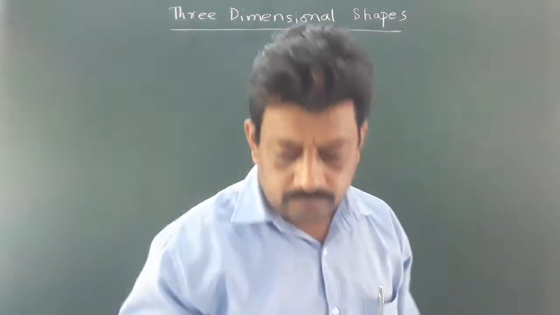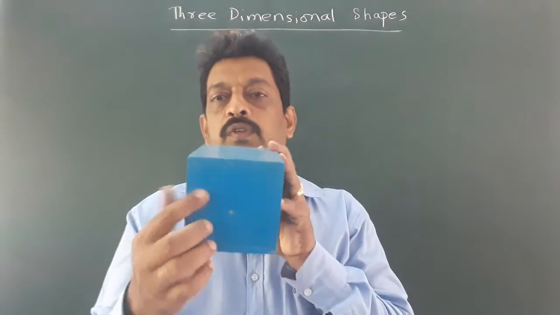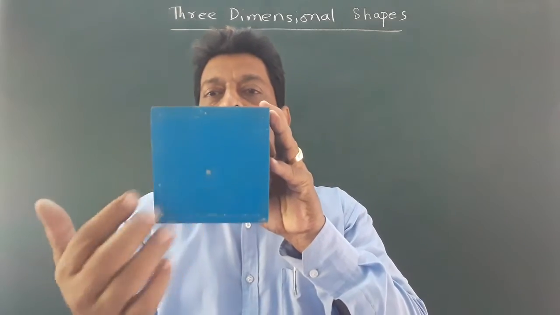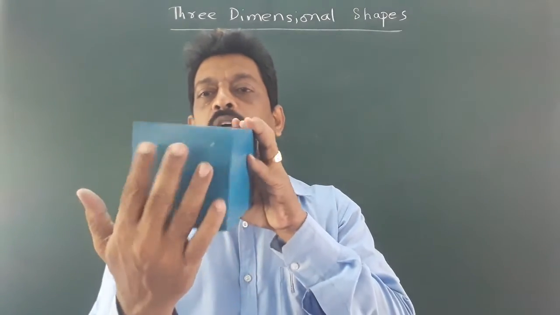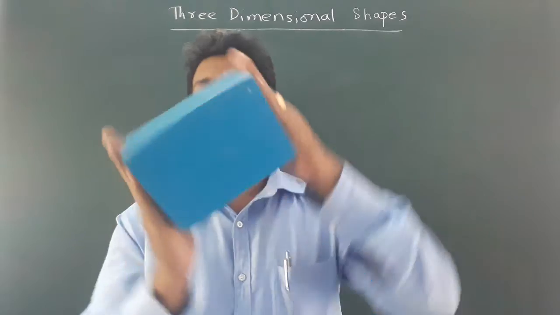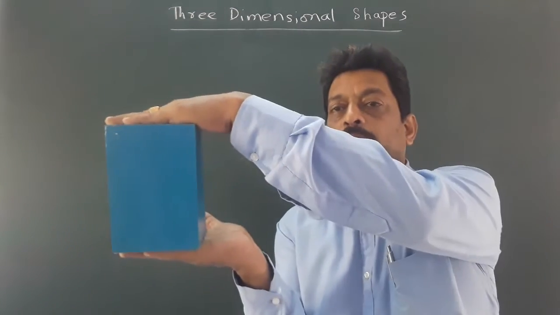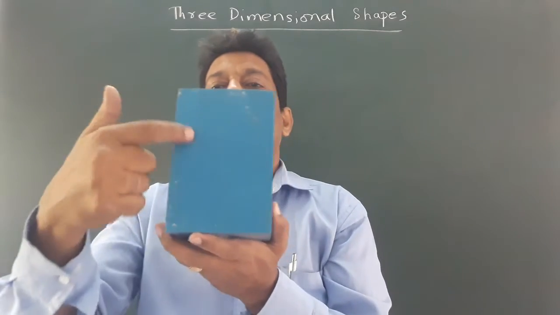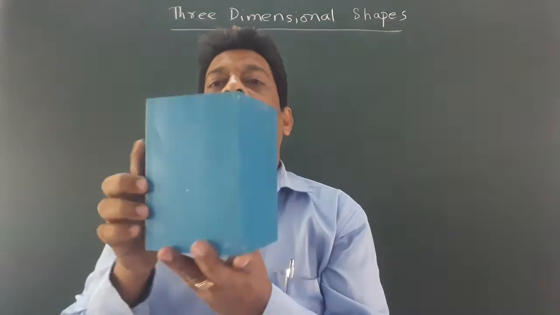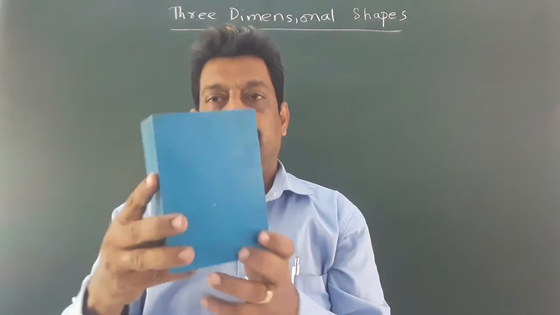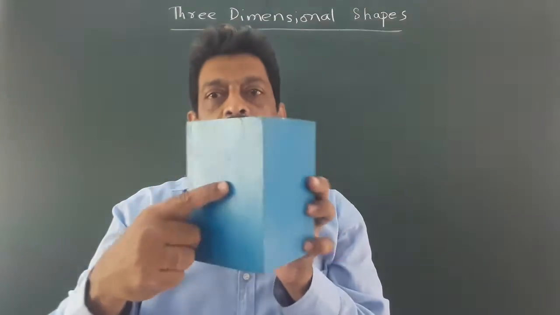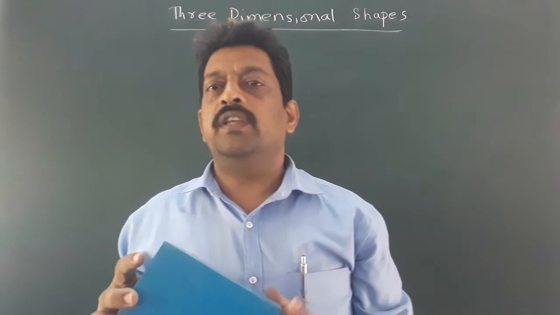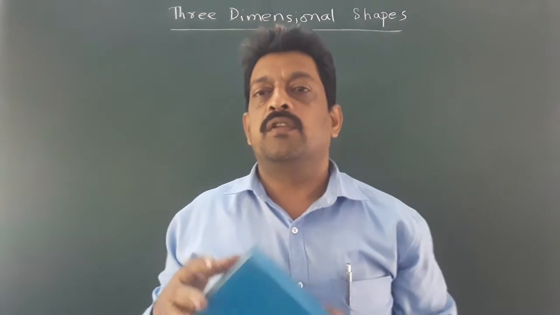Similarly, this one also, you can see this is a plane figure, a square, and this is also a square. So these 2 faces are parallel to each other. As you can see, these 2 are parallel in this position, and the side faces are rectangles. Okay, these are rectangles. So prism, it is very easy to identify.